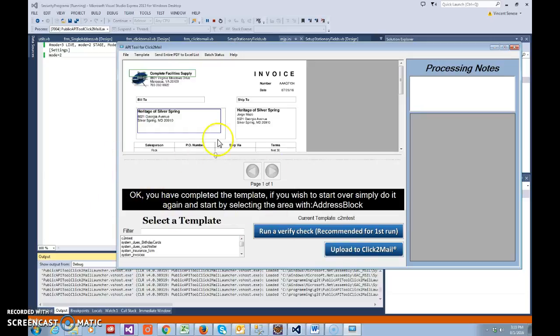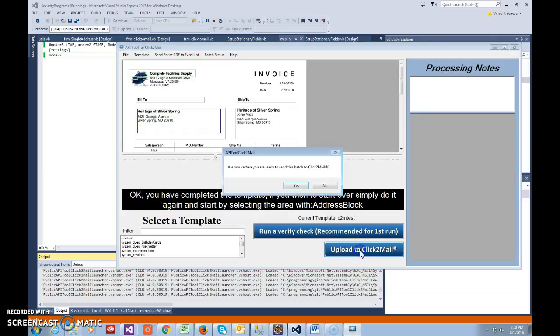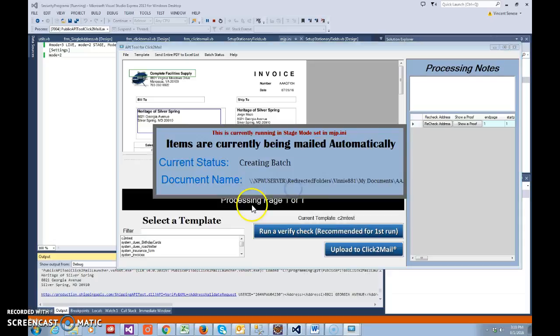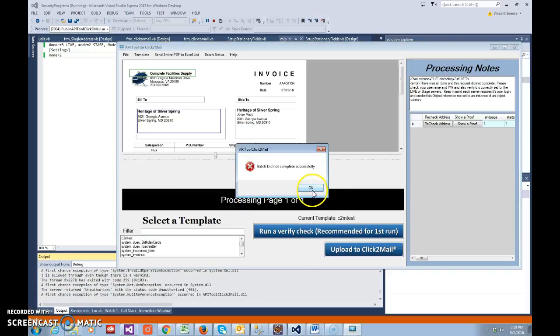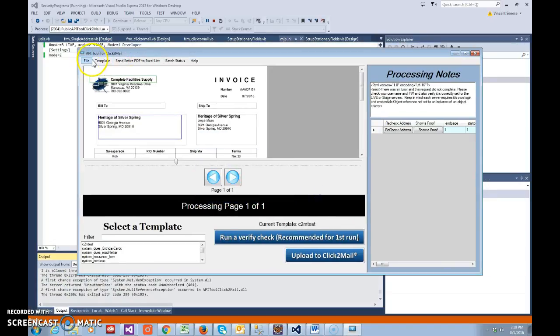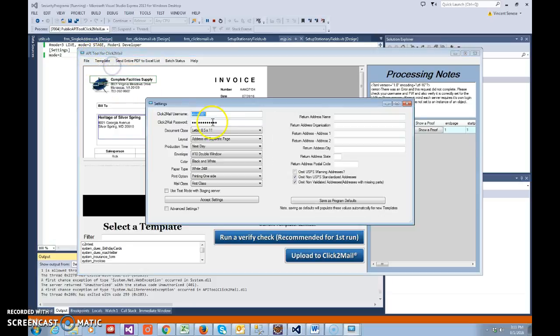And just to show you that this is working, when I go to upload this, it's going to give me an error in the batch because it's actually not submitting to the live server. So it successfully errored out as we would expect because the template setting in here is pointing to the live server, but this overrode it, so it thinks the live server should be the stage server. So I would need to put this as my stage server password, which is that, and